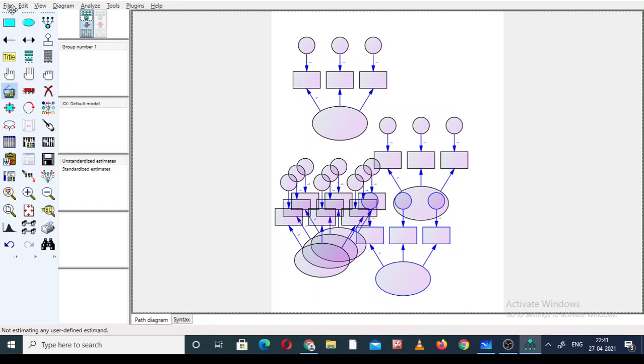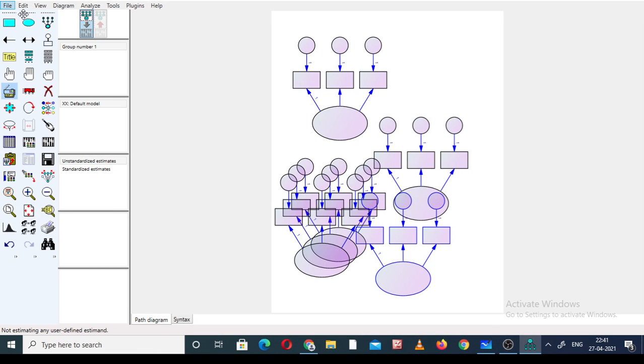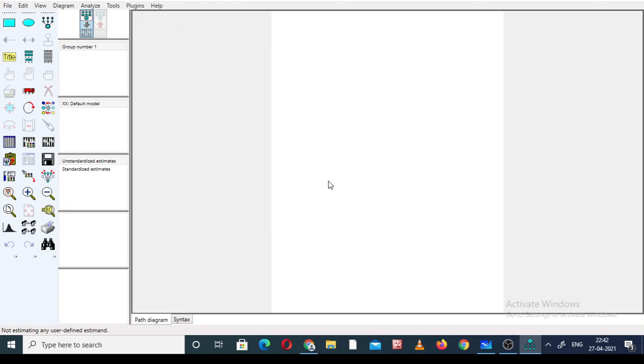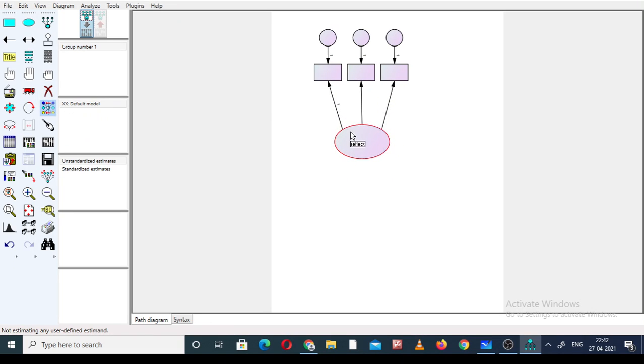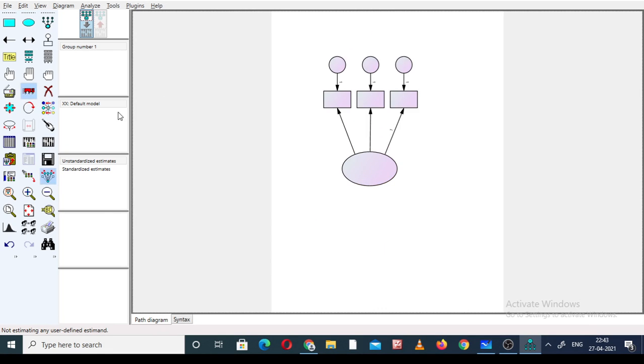The next point is this one. We are talking about this one, preserve symmetric.